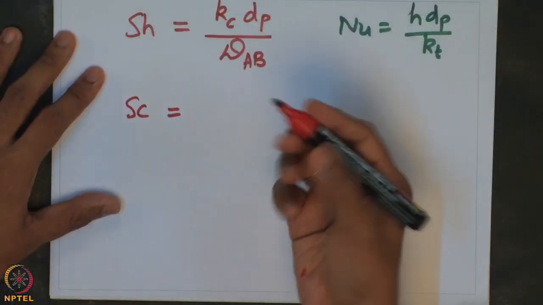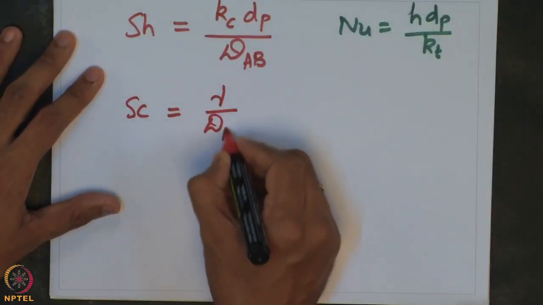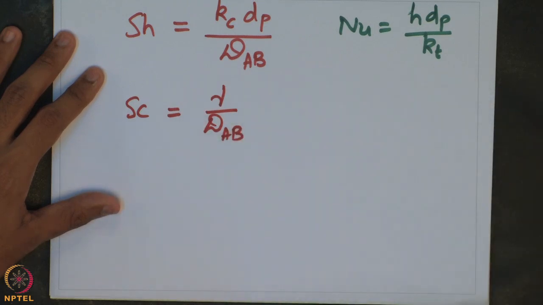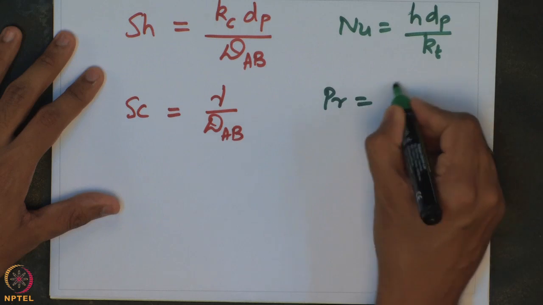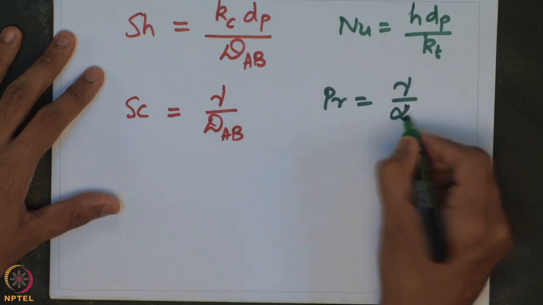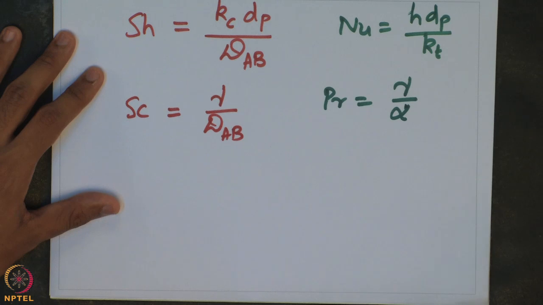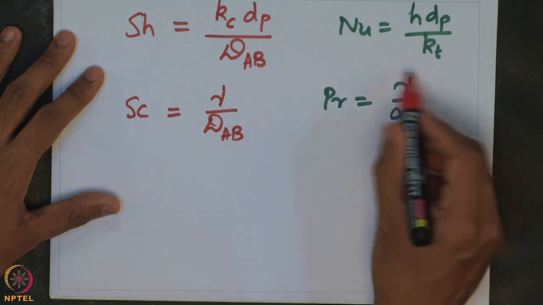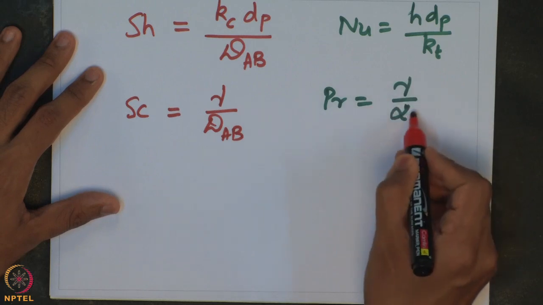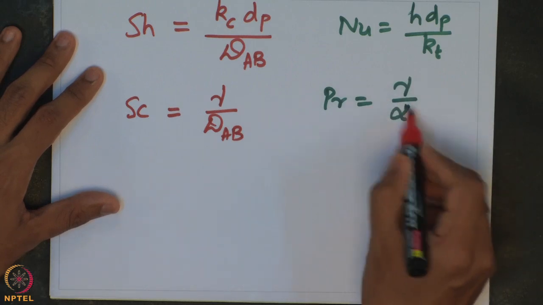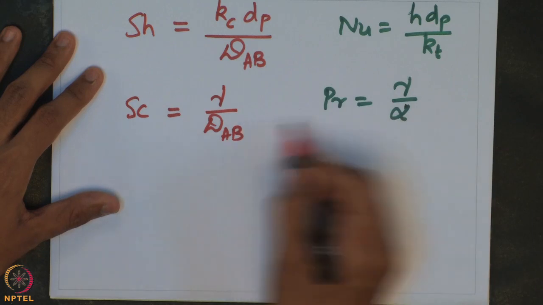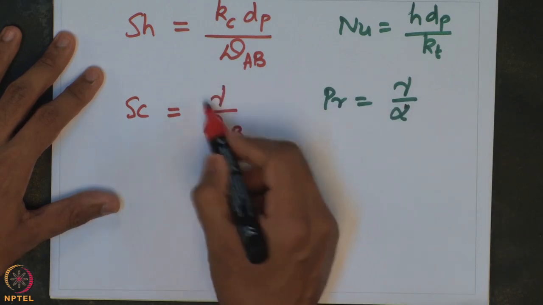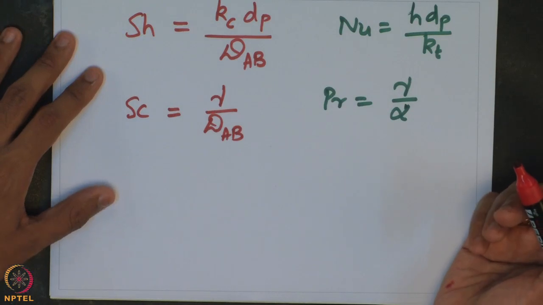Let us next look at the Schmidt number. Schmidt number is essentially given by nu divided by DAB, and contrast that with Prandtl number, which is nu divided by alpha, which is thermal diffusivity. Kinematic viscosity essentially captures the flow properties, and alpha is capturing the thermal diffusion properties. It is the same hydrodynamic conditions that could be used for mass transport as well. So, we essentially have to replace alpha, the thermal diffusion, with the corresponding equimolar counter diffusivity.